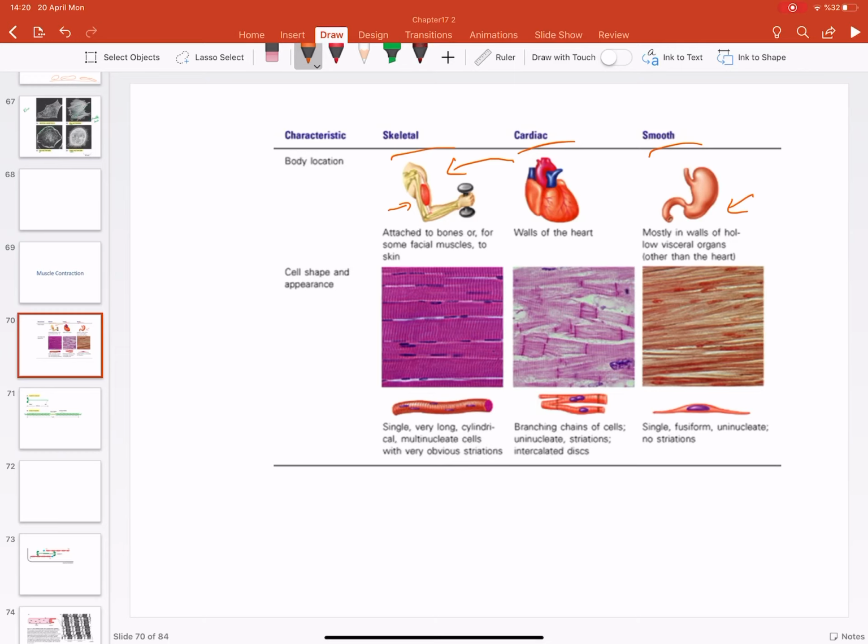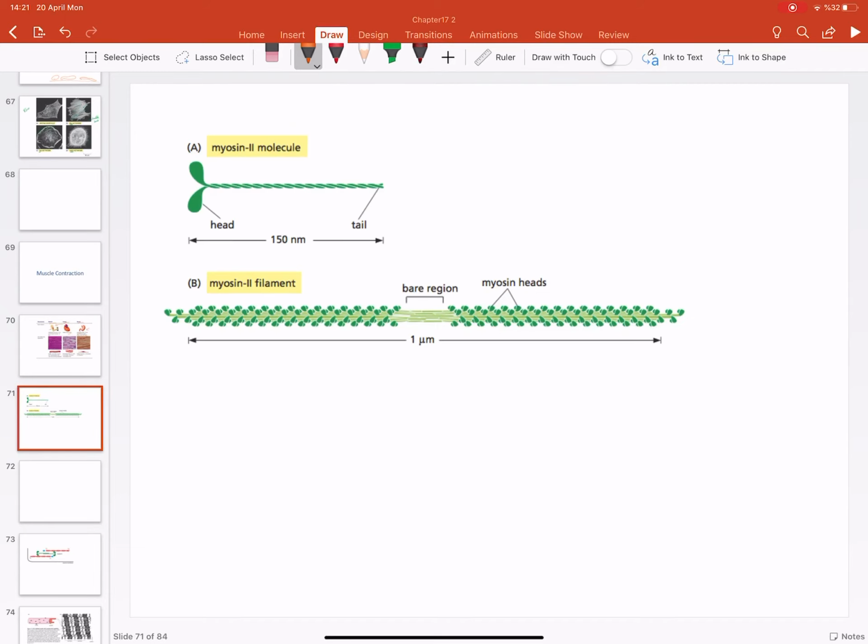Okay, this is not cognitive behavior. Of course, your brain is controlling both the cardiac muscles and smooth muscles, but this is not cognitive behavior. It's another type of control, which is under control of some older parts of your brain, which is responsible for keeping you alive. Okay, this is the myosin 2 molecule, and unlike myosin 1, which was a monomer, this is a